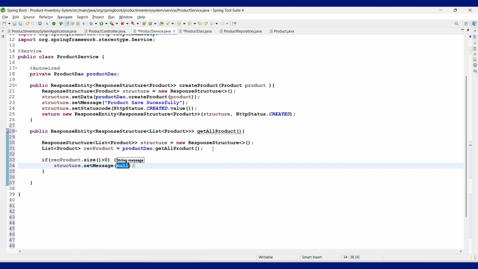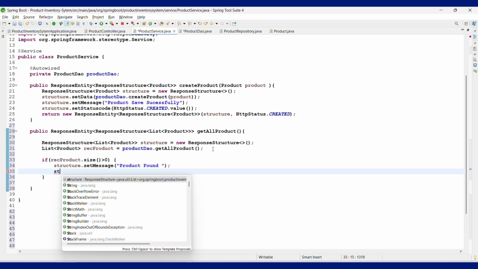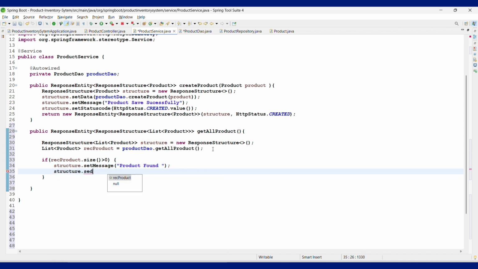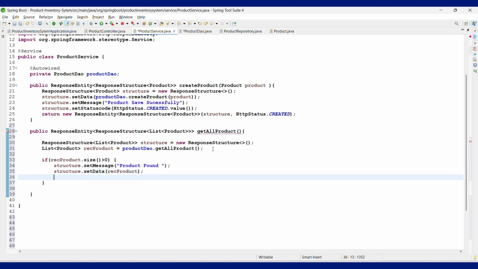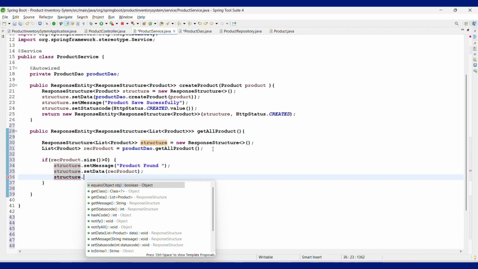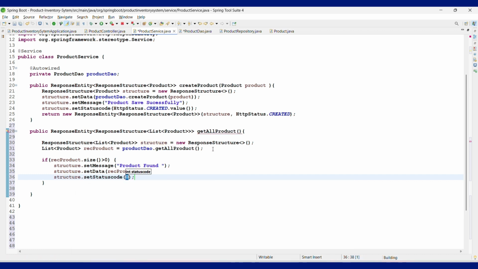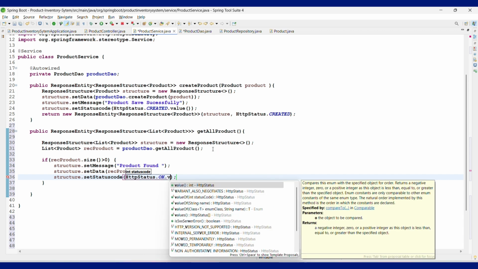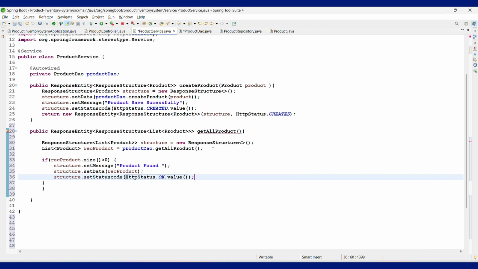Set message first. Message is a product found. And then a structure dot set data, receive data over here. A structure dot set status code here, and code is a static status dot okay. Whenever you are getting the data, you have to use the okay over here, and dot values to add the values, and then